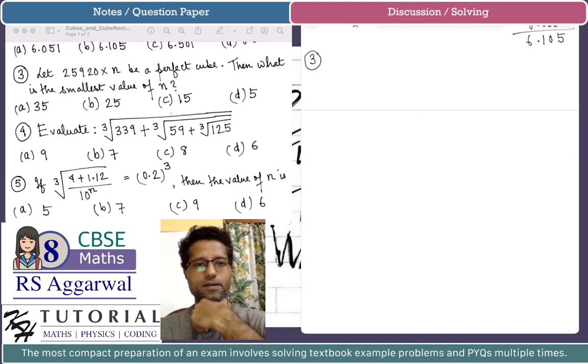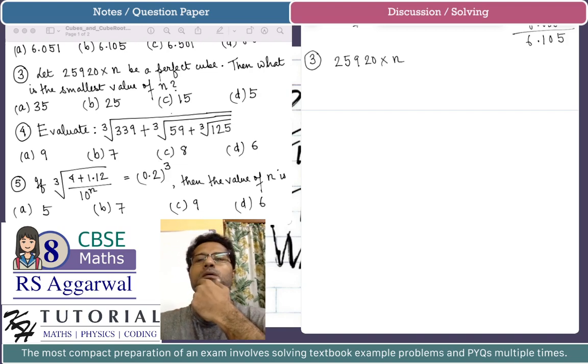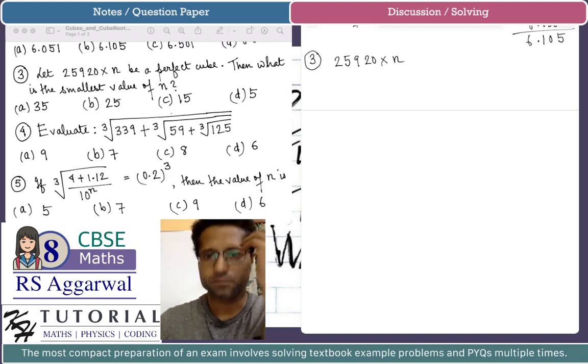It is given that 25920 multiplied by n is a perfect cube. Then what is the smallest value of n? Okay, now